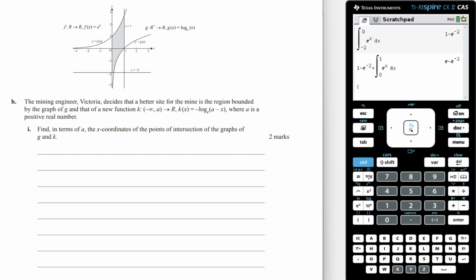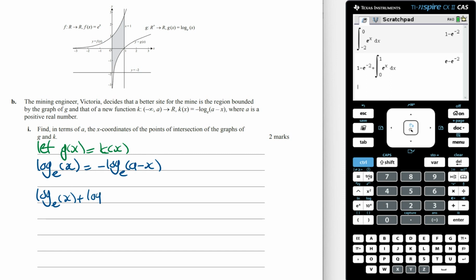To find the points of intersection, we need to let g of x equal k of x and then solve for x. Doing this, we get log e of x equals minus log e of (a minus x). Bringing the right hand side to the left hand side, we get log e of x plus log e of (a minus x) equals 0. Applying the log laws, this is equivalent to log e of x times (a minus x) equals 0. From here, e to the power of 0 equals x times (a minus x),